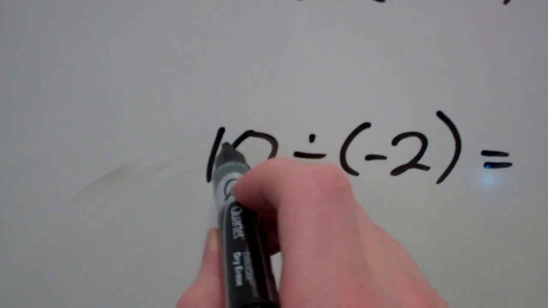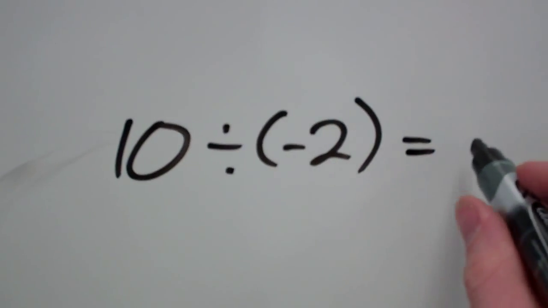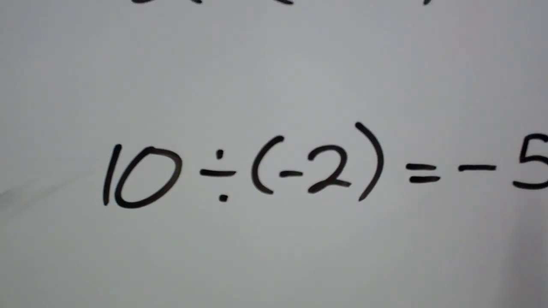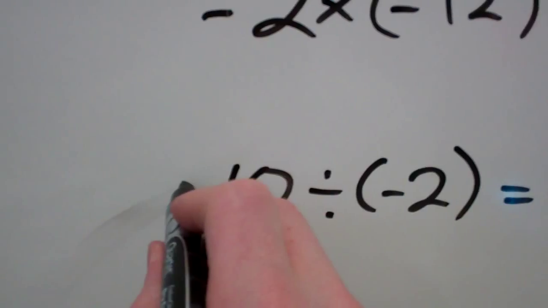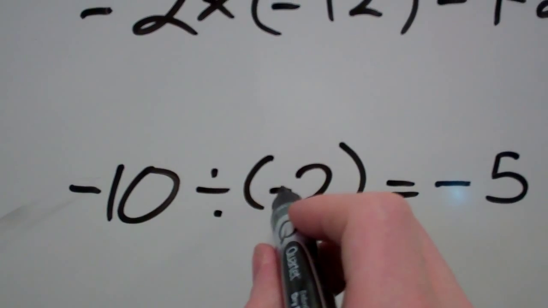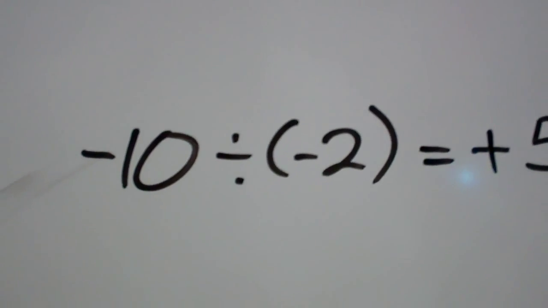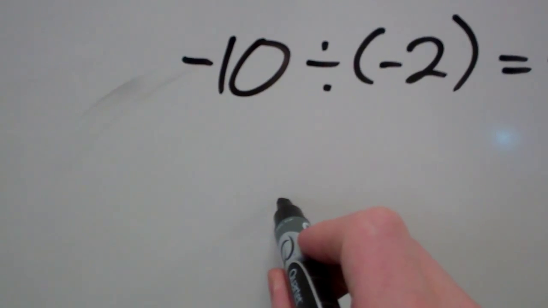I have a positive, I have a negative, the signs are different, so my answer is negative, and 10 divided by 2 is 5. If this was also a negative, and a negative, that means my signs are the same, so my answer is positive. I can even do it in this form. Say I have something like